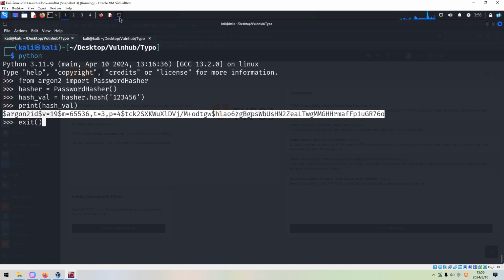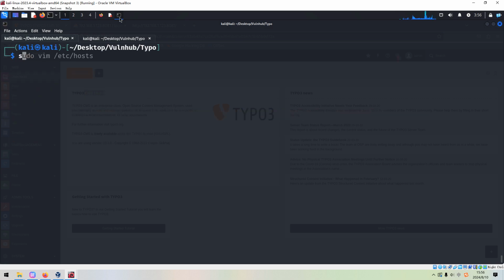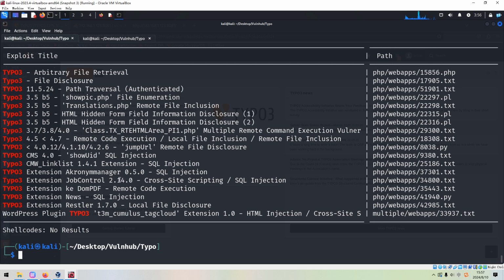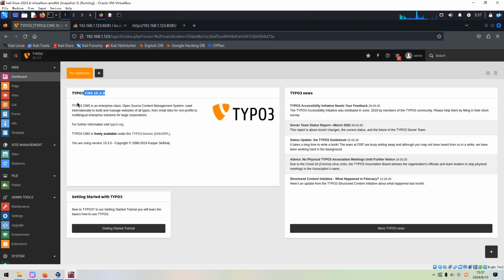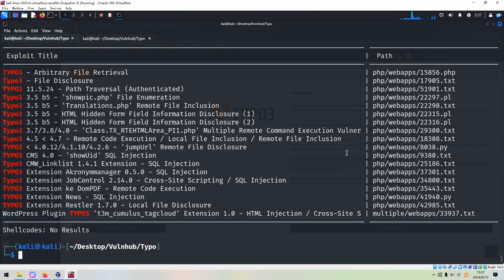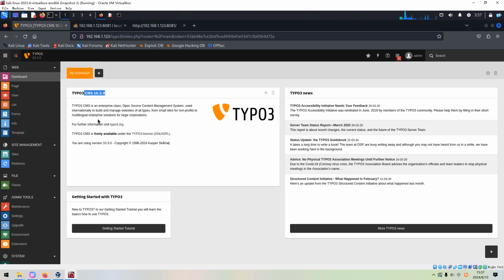We can exit from Python, and if you remember, TYPO3 has some exploits, but this version is a bit new. So of course, if you want, you can try one by one, but this will take a very long time. Anyway, we have already got the admin access to this CMS.